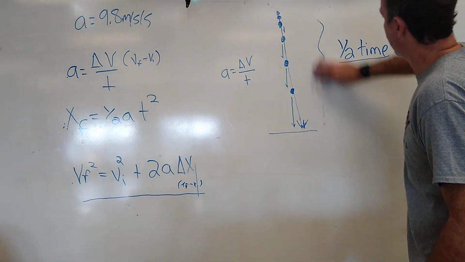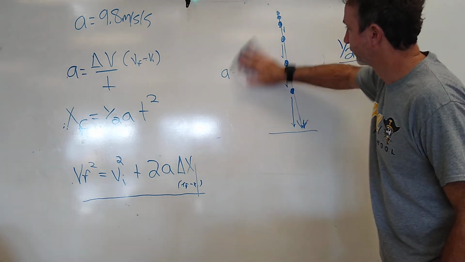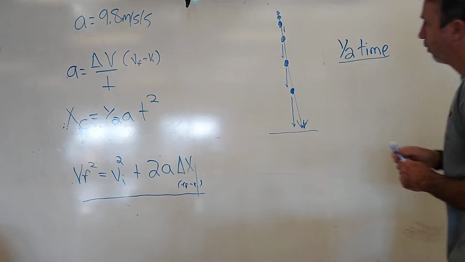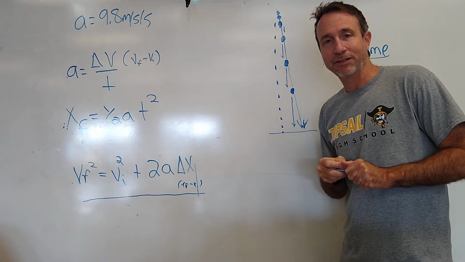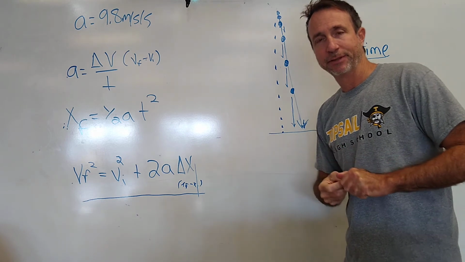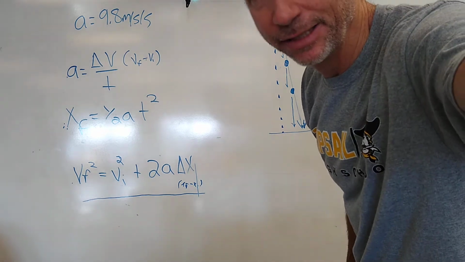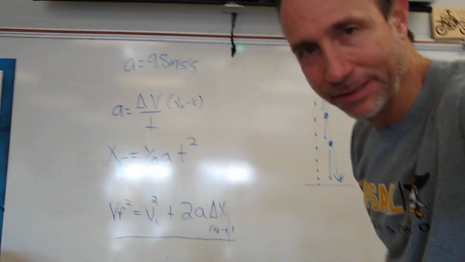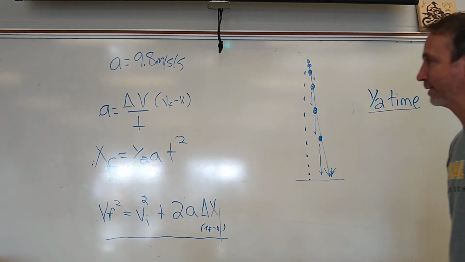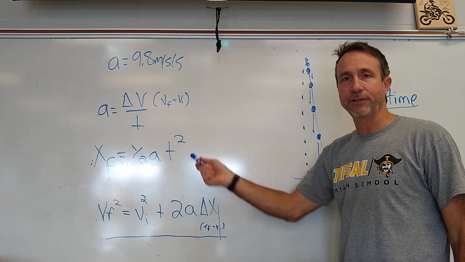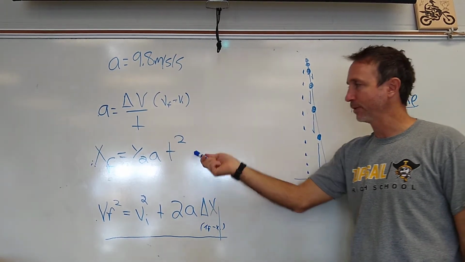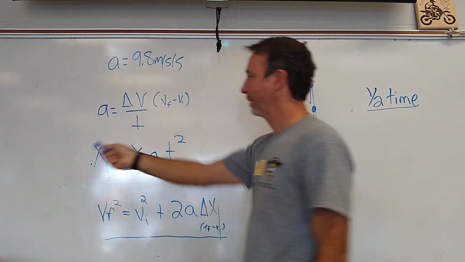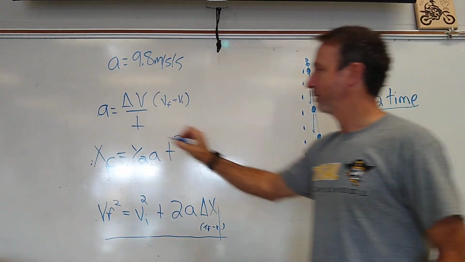What if I wanted to know what the total height of this was? What is height? What is height measured in? Yeah, it's measured in meters, and height is distance, right? So if height is distance, which one of these formulas solves for distance? 1, 2, 3, or 4? Yep, this one right here. Right? So we can use this formula